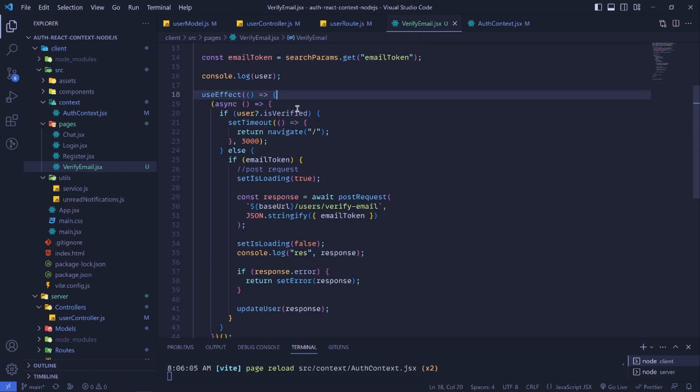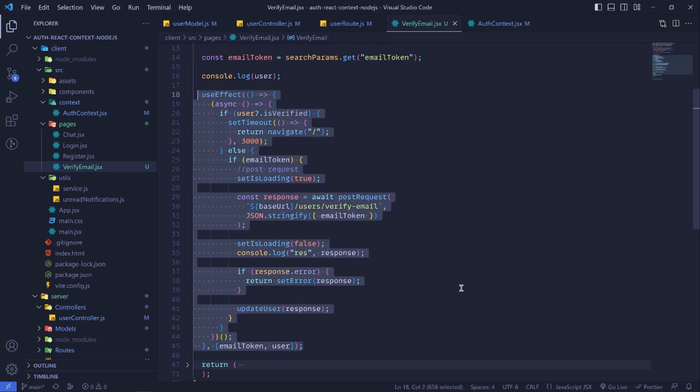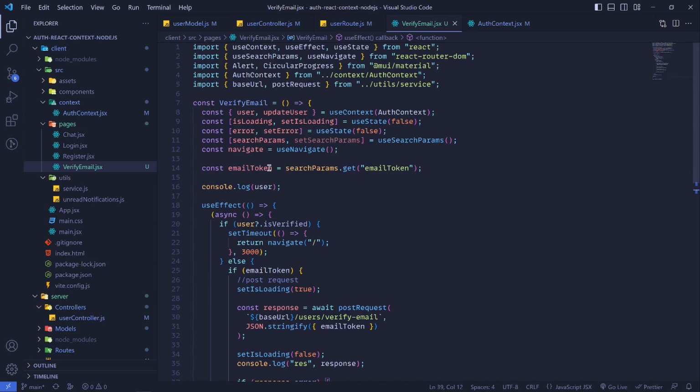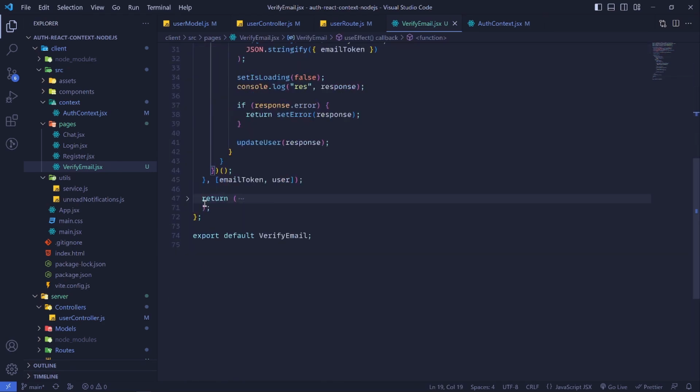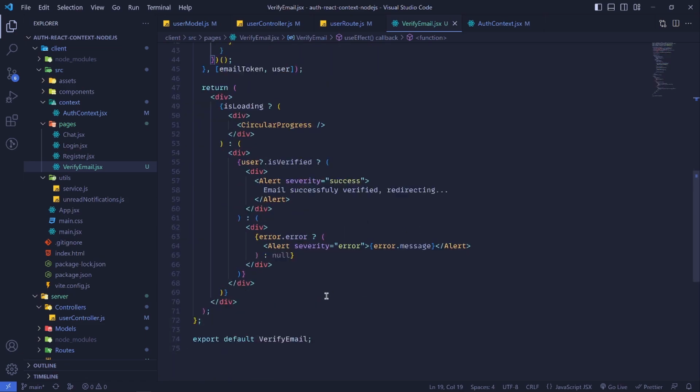So you can copy this useEffect. So let me show you. Yeah, you can copy it the way it is. That is the useEffect. Then this is the code at the top of it. Now also we have the UI part of it, where we have the return statement. It doesn't need much explaining. We just have